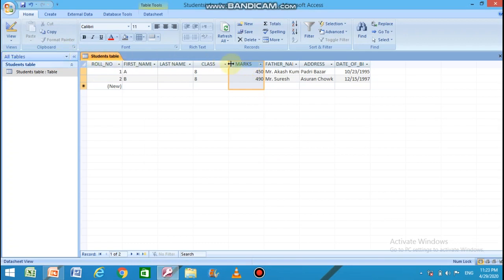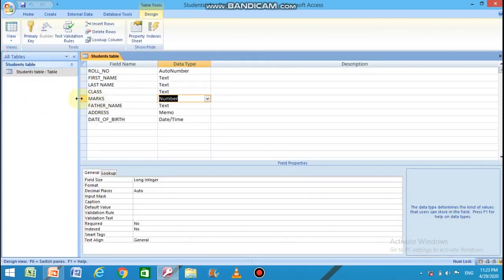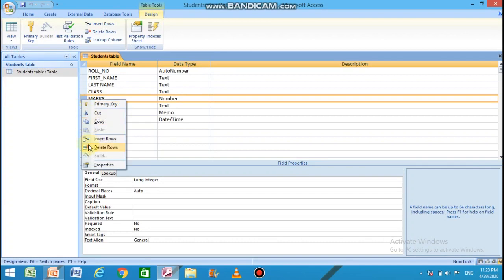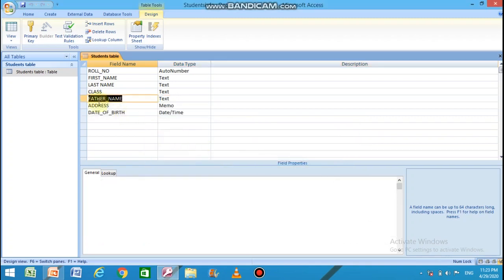One more way you can delete this field is by going to the design view. Just switch to the design view, right click onto the field header and select the option delete rows. The same question will be prompted again, whether you want to permanently delete the selected fields and all its data. Click on yes to delete the field.